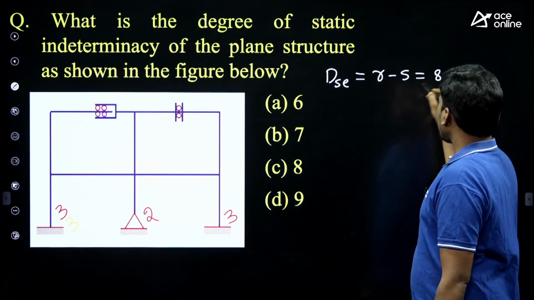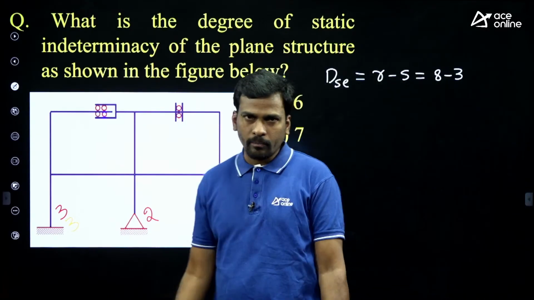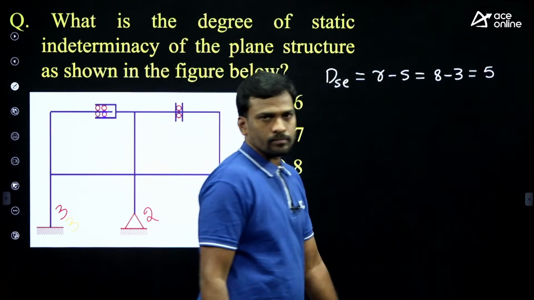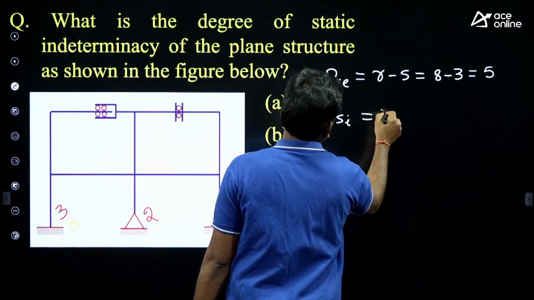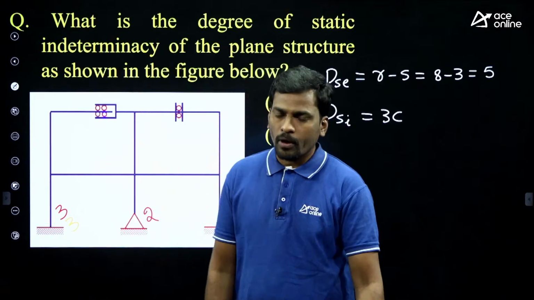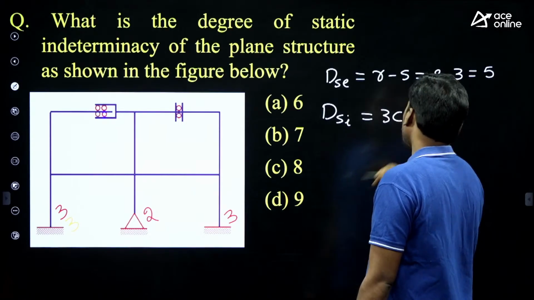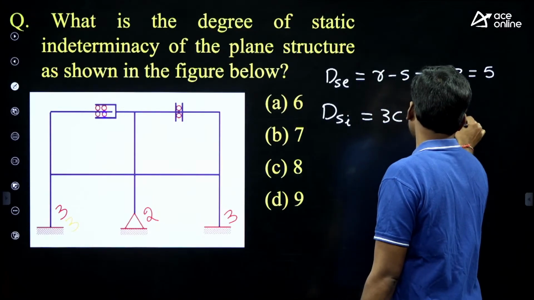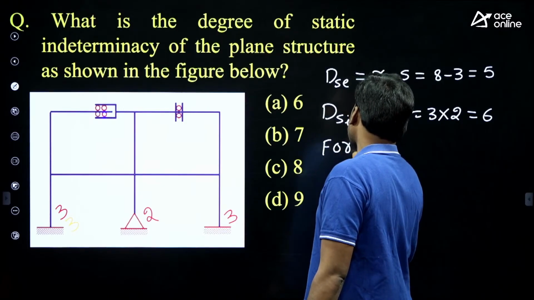And for a rigid jointed plane frame, equilibrium equations are always 3 only, right? For a rigid jointed plane frame. Then what is the DSE value here? The DSE value equals 5. Then what is the internal indeterminacy formula? DSI is 3C. What is C here? The number of closed boxes. So how many closed boxes here? 1, 2. So the number of closed boxes is 2, and DSI equals 6. Then next, force